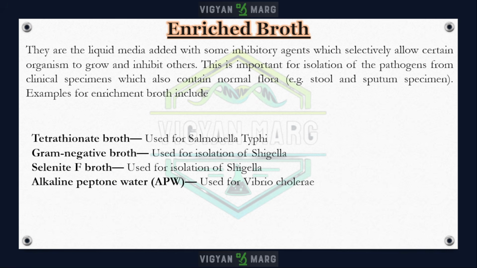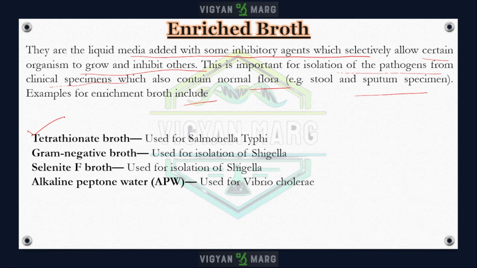And another is enrichment broth. Okay, enrichment broths are liquid media added with some inhibitory agents which selectively allow certain organisms to grow and inhibit others. This is important for isolation of pathogens from clinical specimens which also contain normal flora, like stool and sputum specimens. Examples of enrichment broth are